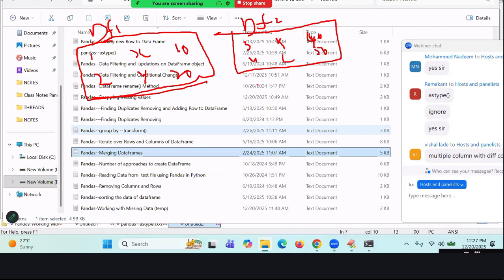Two ways: row-wise concatenation and column-wise concatenation. There is a function called concat. What is that? concat of df1, df2. Axis will also be there. Axis is 0 by default. 0 represents rows. Axis equal to 1 represents columns. If I say pd.concat of df1 comma df2, the